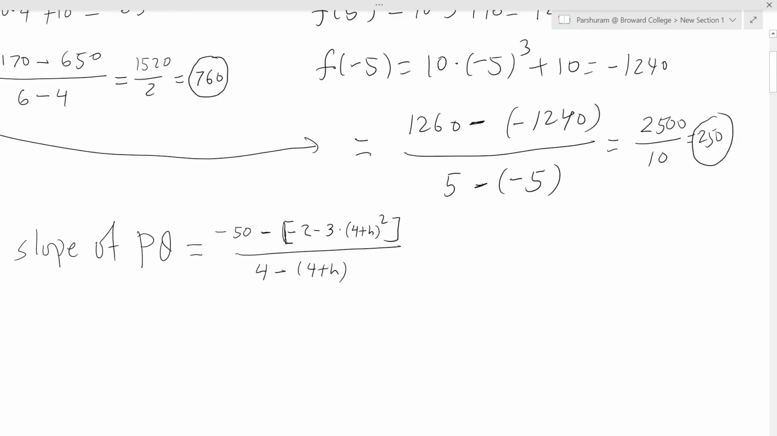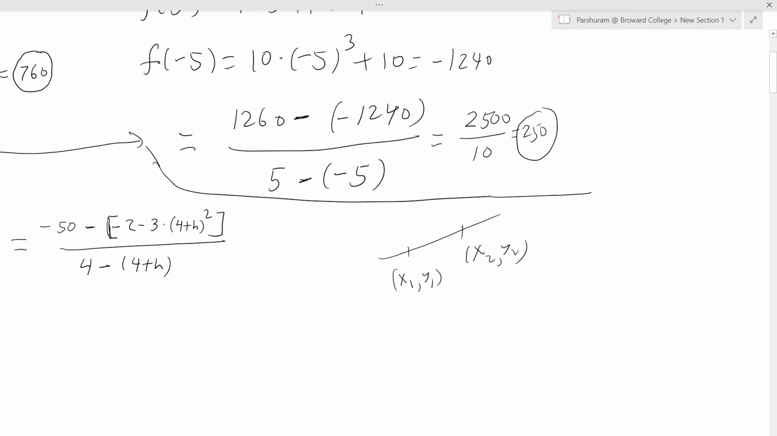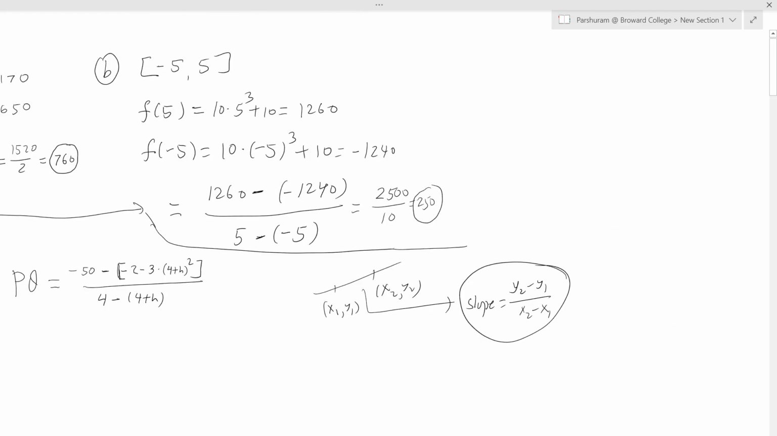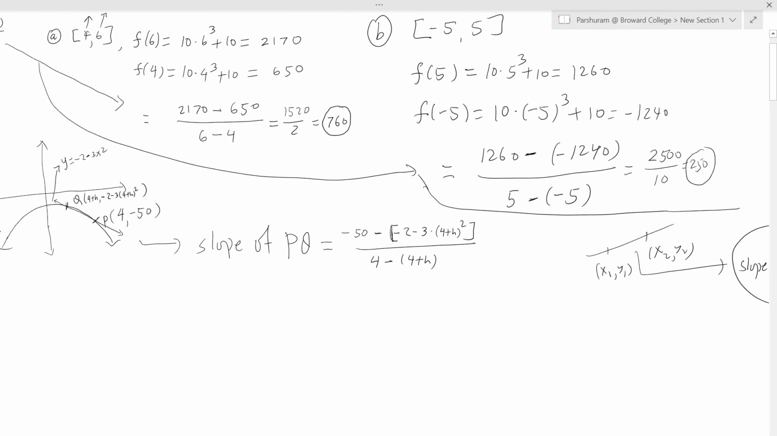So if you know the 2 points on a line, then you can always find the slope of that line by using y2 minus y1 over x2 minus x1. Let's say you have a line passing through these 2 points (x1, y1) and (x2, y2), then you can find the slope of this line by using this formula, and that's the formula used to find the slope of PQ here. Now if you simplify